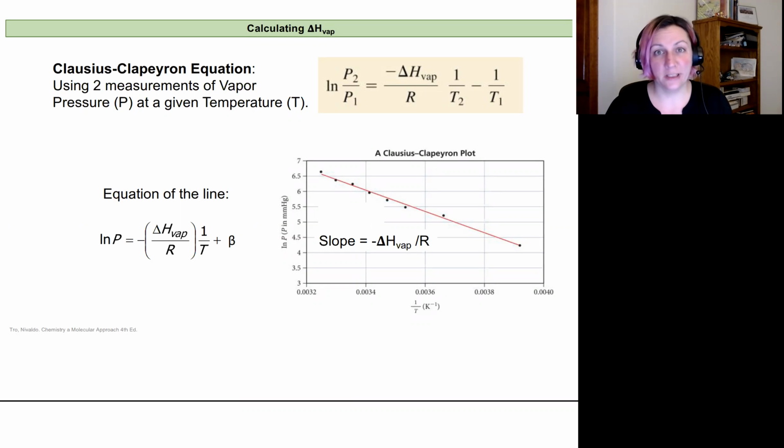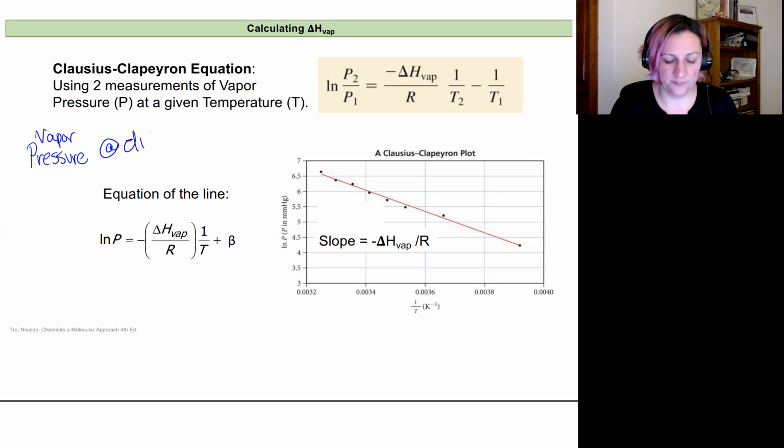So in this video, let's talk about how we find the enthalpy of vaporization or the heat of vaporization, whichever phrase you want to use. We can find it experimentally, which is the useful thing. If we're able to take a sample and measure its vapor pressure at different temperatures,